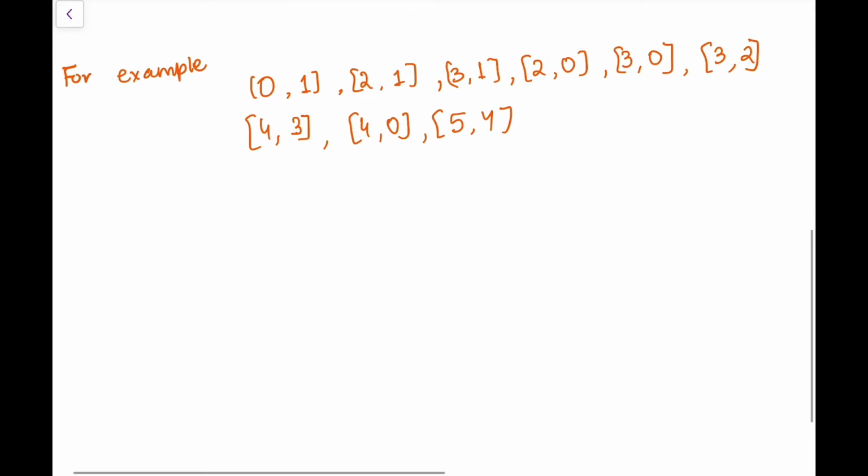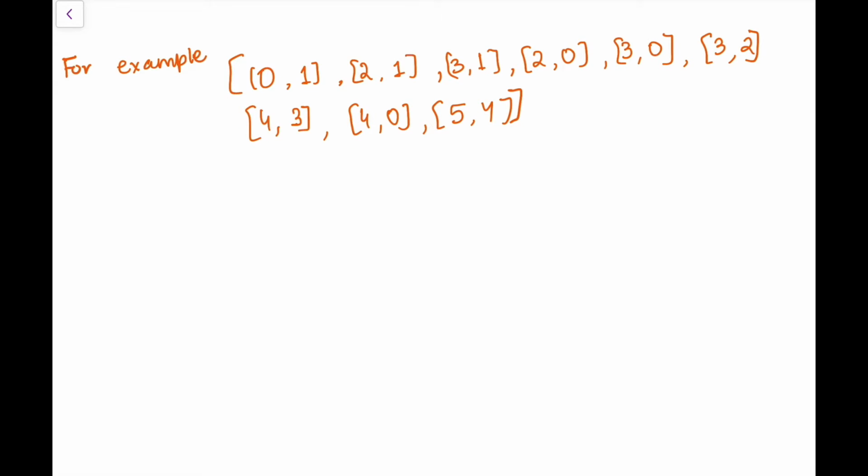For this I have taken one example. So this is my prerequisite array. Let's see how it forms a graph. Here I can see that 0 is dependent on 1. So I'll take 1 and make a directed acyclic graph edge from 1 to 0. This means that 1 has to be taken first, followed by 0.